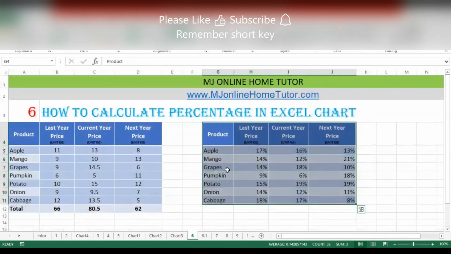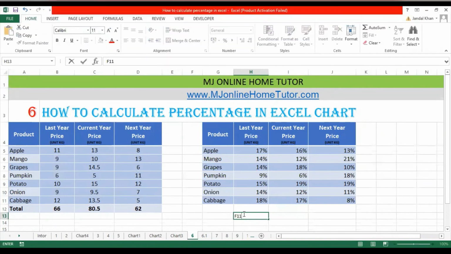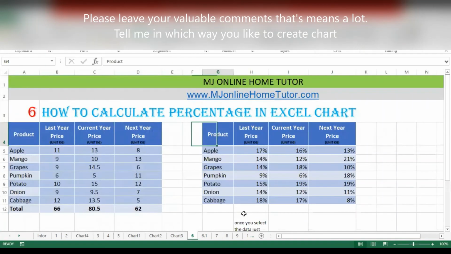I really like this tool to get the numbers in percentage on the chart. That will be very presentable and very easy to understand what is going on in this data. So once we select the data, we just need to press F11, and a new sheet will appear on our screen which will show us the data in the chart, and we can change the chart. So once you select the data, you just need to press F11. You will get the chart like this,